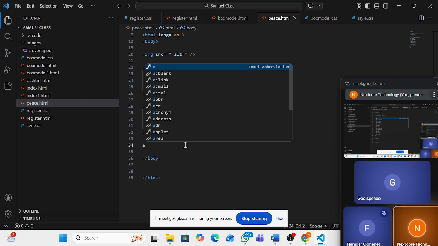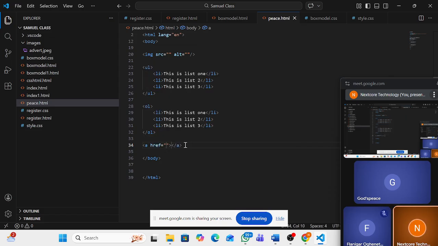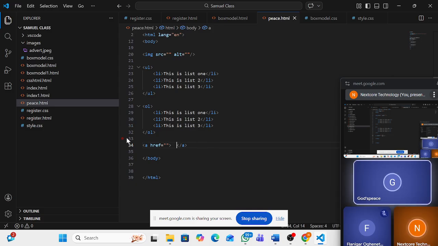Okay. Then I already know that the first one is the link. So I just click on enter, and it gives me this. Yes, it gives me the opening tag and the closing tag of the link. Now I want to link to